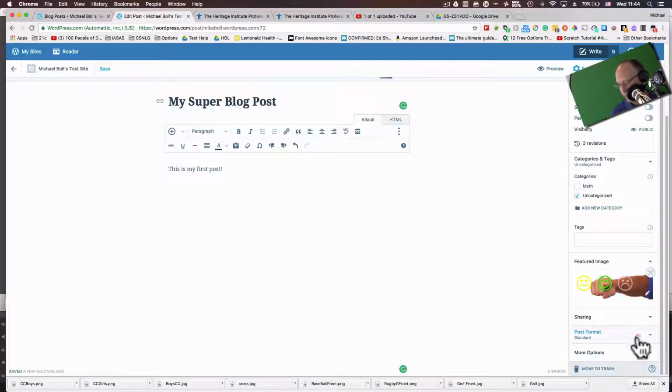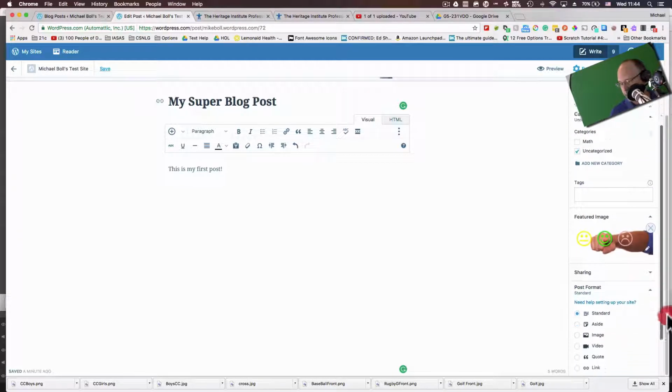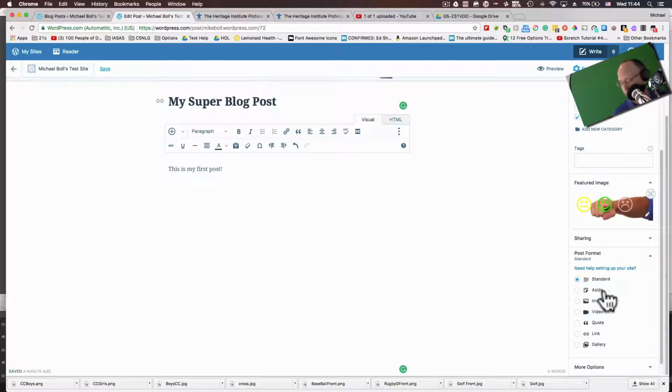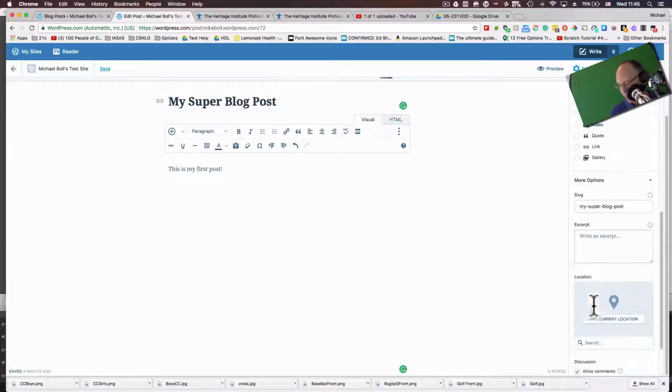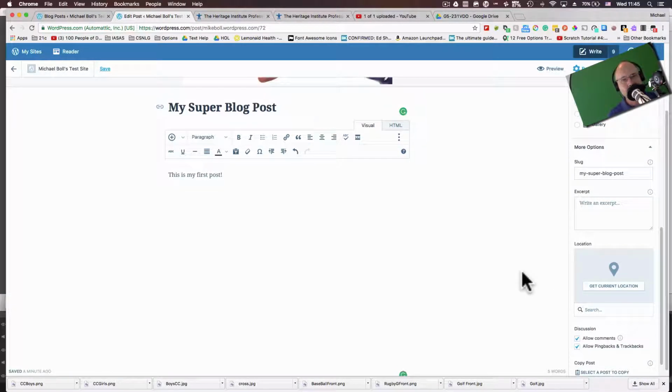And down here we have format. Now, pretty much all the time, you are going to be using the standard format. There are these other types down here. I don't know if I've ever really used them in general. I just stick with this one, but just kind of something to know that's there and play with, and quite probably just ignore. Down here we have options, and I don't know if I ever really use options at all,